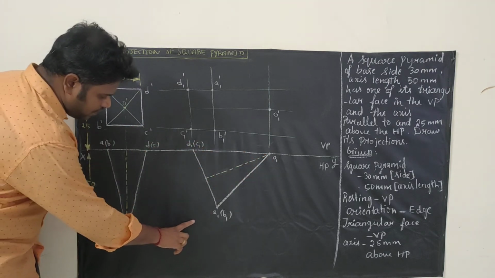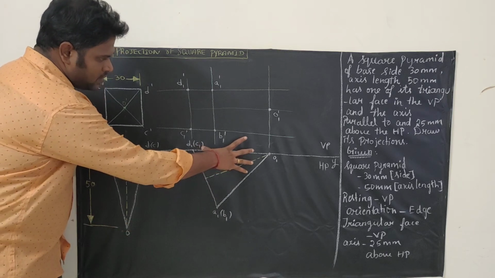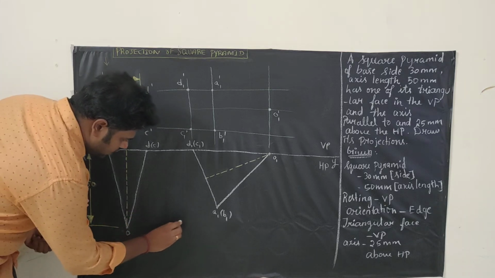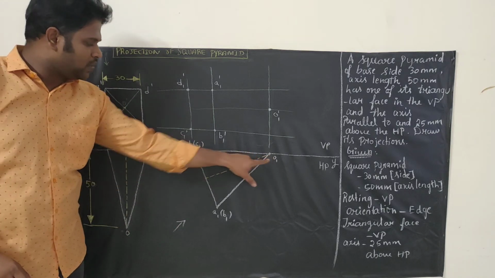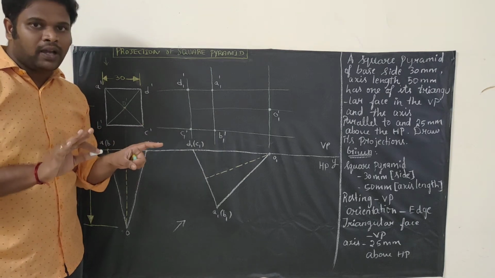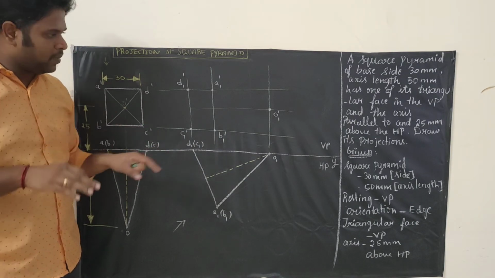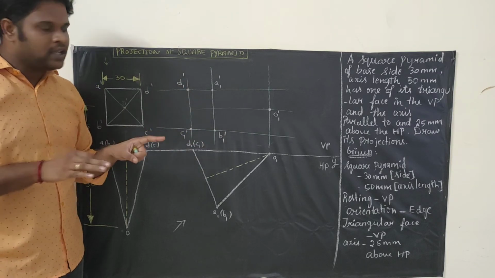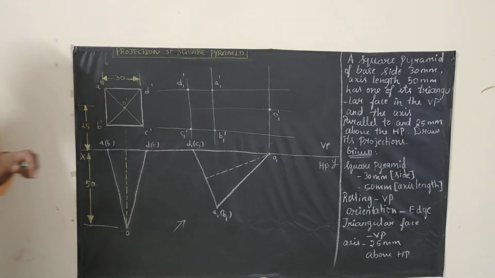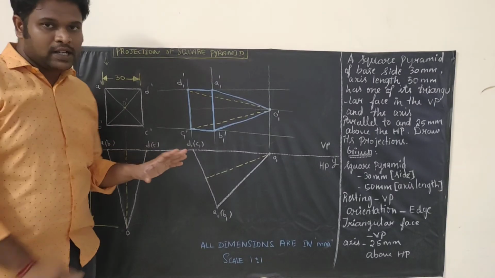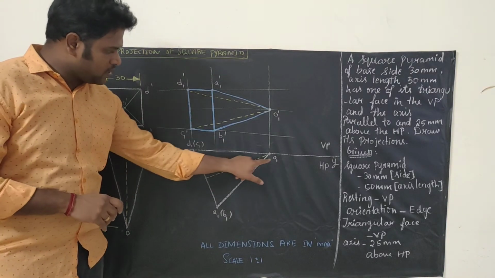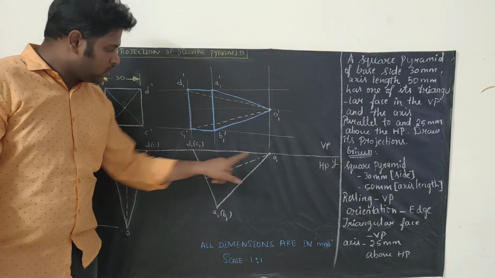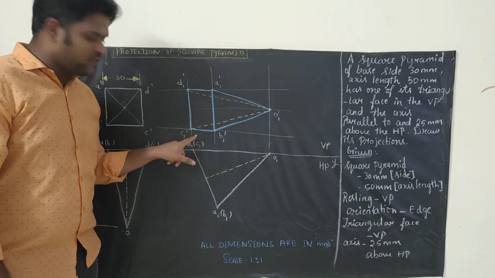See, when we see from here, we can't see this one, right? That is O to D and O to C will be hidden. So when you see from here, you can't see O to D and O to C. So just mark that point alone as hidden and join the remaining. So O to C and O to D will be hidden, and just connect all the points. Now as I said, what we have to mark as hidden is, see here, O1 to D1 is hidden, O1 to C1 is hidden.